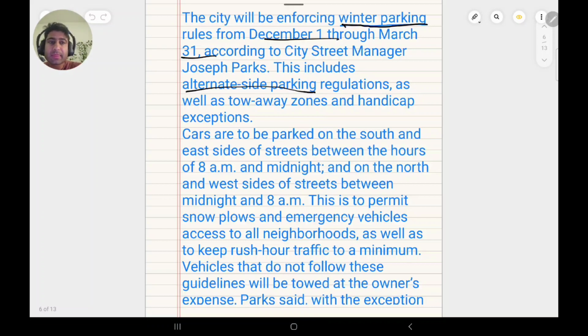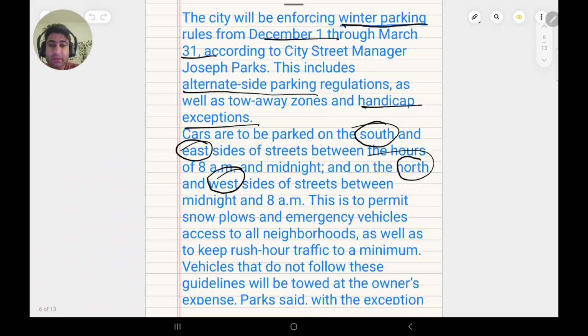regulation as well as tow away zones and handicap exceptions. Okay, about the handicap, cars to be parked on the south and east sides of the street between the hours 8 a.m. and midnight, and on the north and west streets between midnight and 8 a.m. Let me highlight it properly. This is to permit snow plows and emergency vehicles